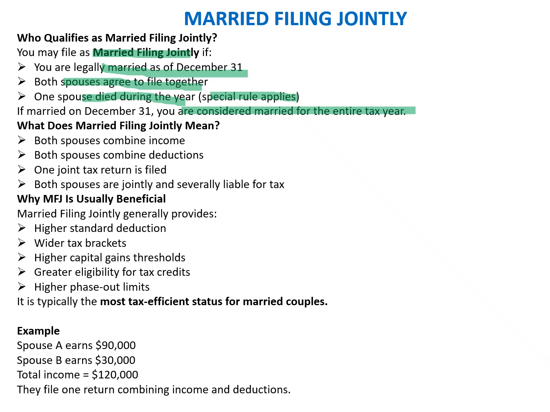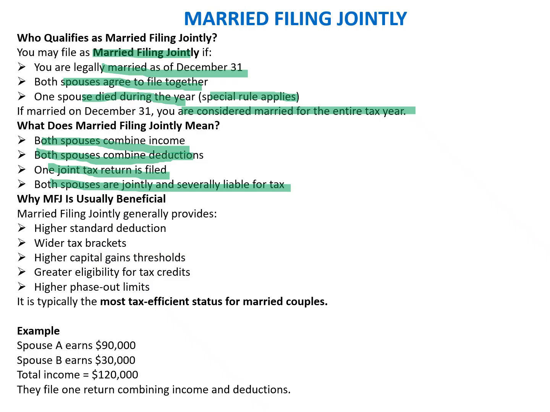This is very, very important. So what does married filing jointly mean? It means that both spouses combine their income, both spouses combine deductions, one joint tax return is filed, and both spouses are jointly and severally liable for the tax. This is a very comfortable situation wherein both individuals are filing the taxes jointly. There's a single return filed for both spouses. Both can claim the deduction, and this has a benefit because the higher threshold